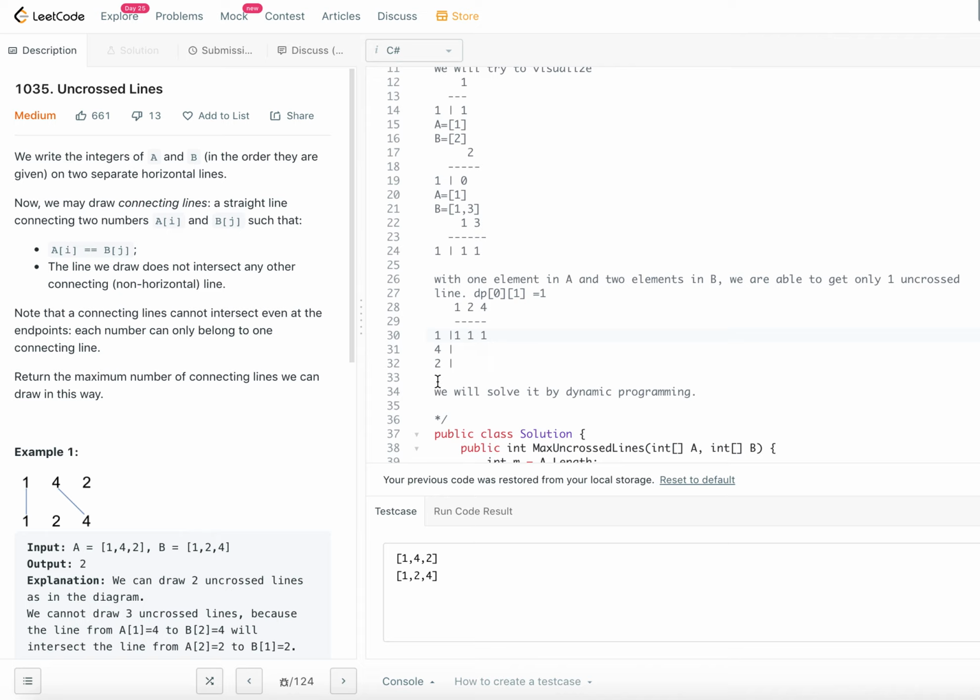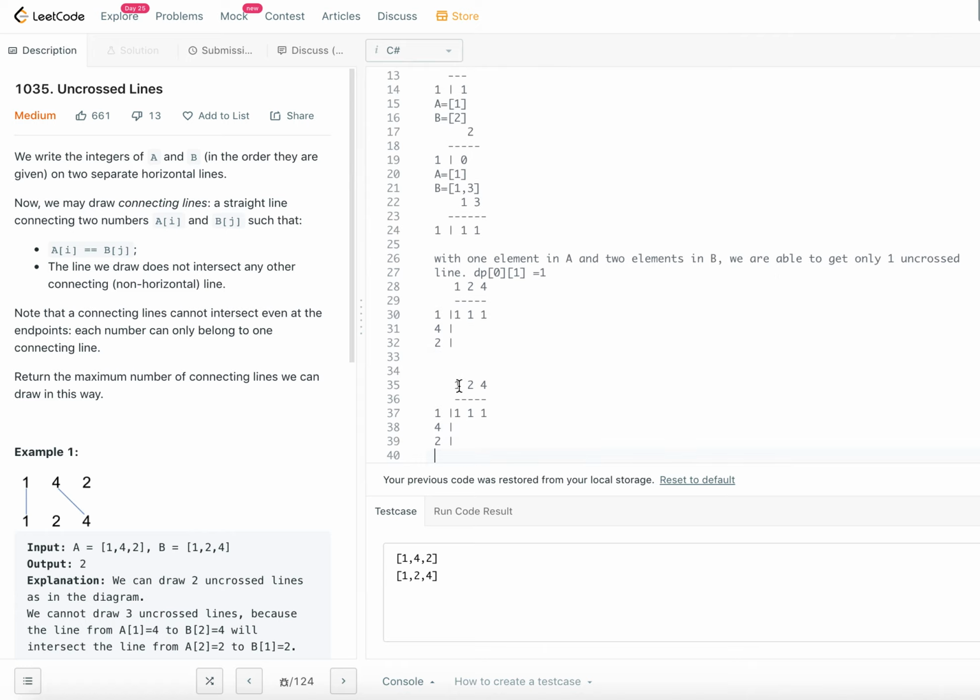But let's say, let me just copy this whole thing and manipulate it. This will be a different example, right? 7, 8, 9, let's say. So 1 and 7, is there a match? No. What are we going to do? 0. 1 and 8, is there a match? No. 0. 1 and 9, is there a match? No. 0. So only when there is a match, we will put the subsequent things as ones.